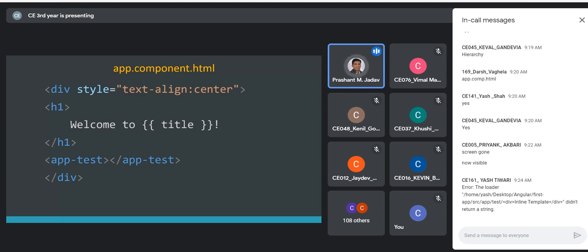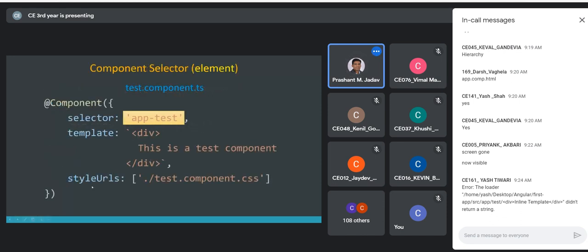If you are getting an error, just check that there is a missing double quote or missing quote, comma. Just check that if you are getting an error.